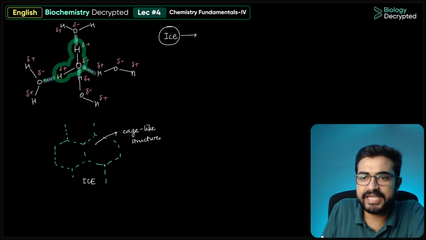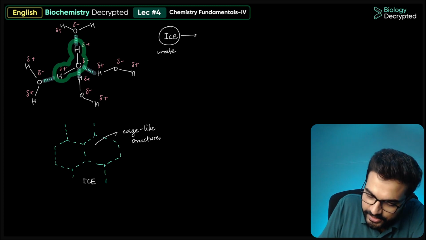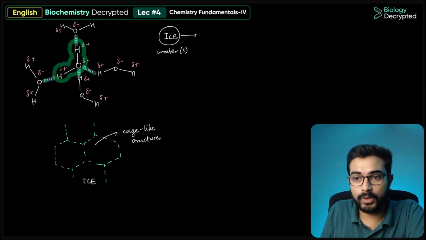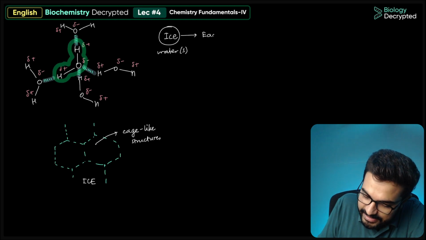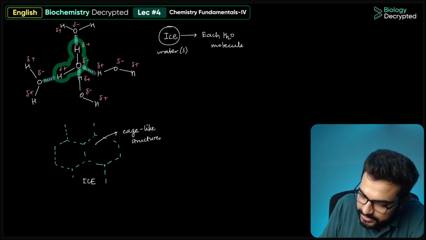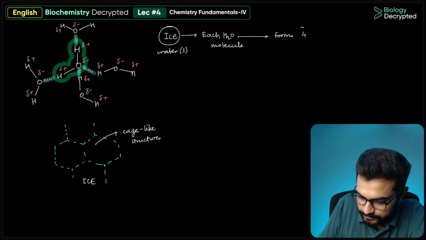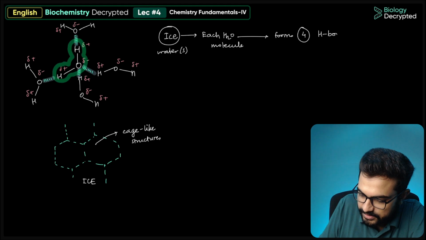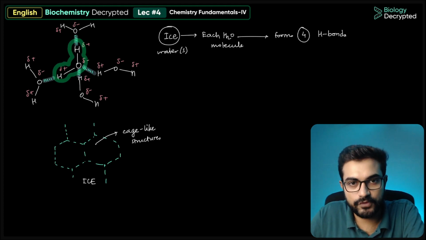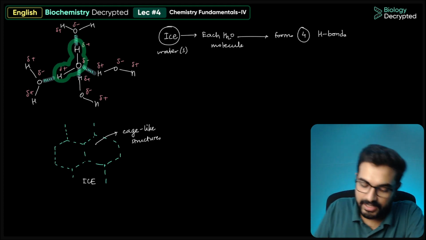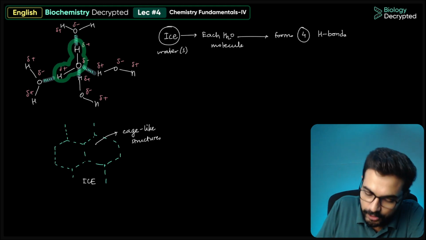In case of ice, that is solid water, we can also refer to ice as solid water. In this, each water molecule, each H2O molecule, forms 4 hydrogen bonds. Obviously, the hydrogen bonds formed here are intermolecular. Now, if we talk about liquid water,